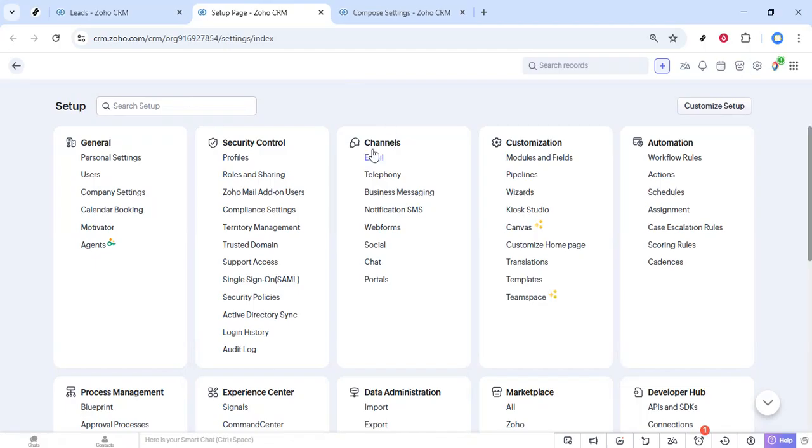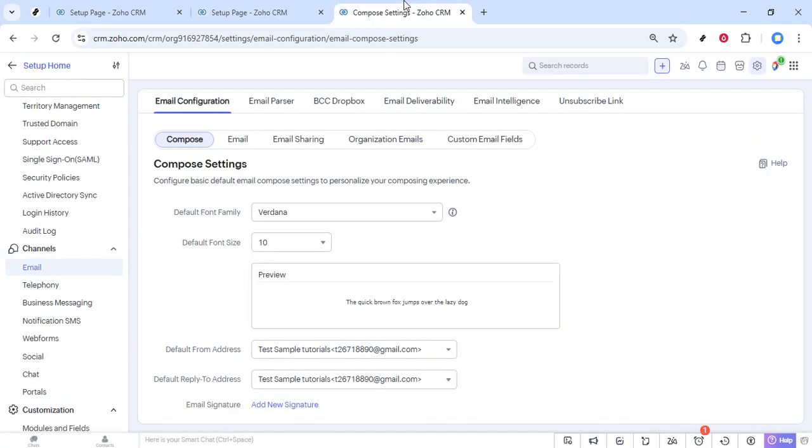After the settings panel opens, you'll see a range of options. What you're looking for here is the email section. Find and click on email. This will take you into the area where Zoho CRM manages all mail-related settings, like email configuration, templates, and integrations